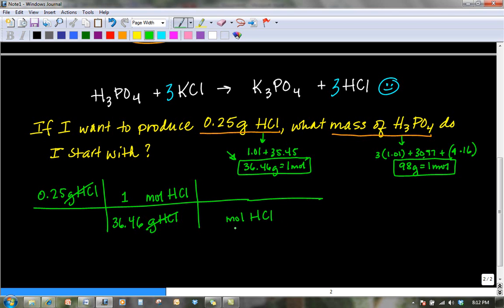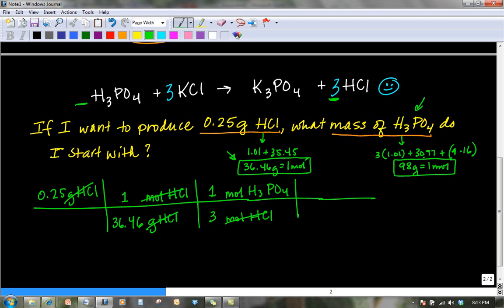So now that I have moles of one of the compounds on the bottom, I'm going to use the mole ratio to change from HCl to the compound that we're looking for. So I'm going to put moles of H3PO4 at the top. And the numbers that go here, I get from the equation. In front of HCl, I have a 3, so I'm going to put a 3 down here. And in front of H3PO4, I have nothing, so I'm going to put a 1 here. Moles of HCl goes away, and I'm left with moles of H3PO4, but that's not what I want. I want